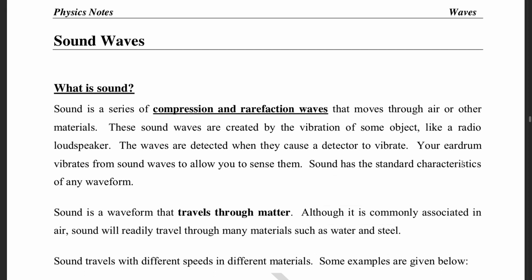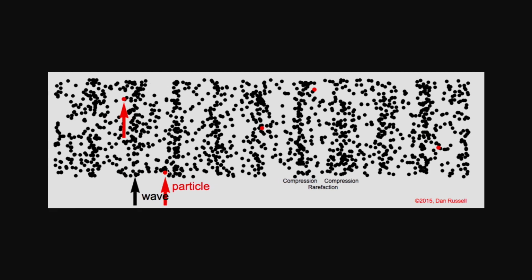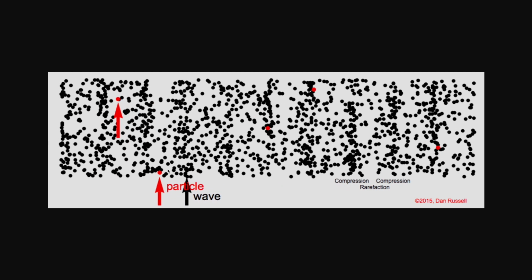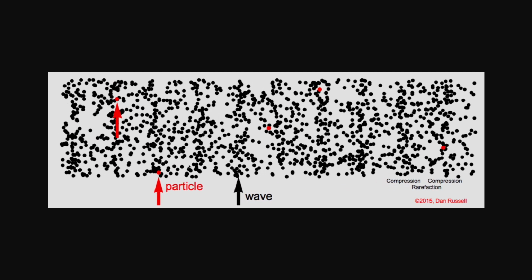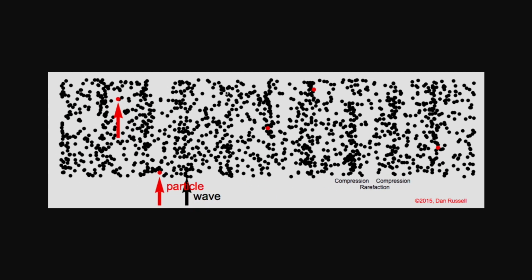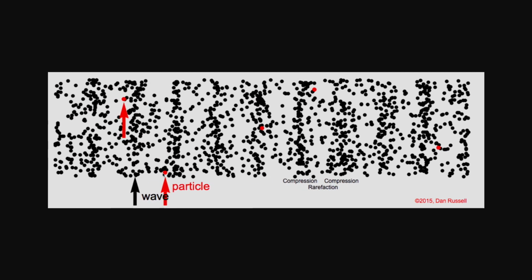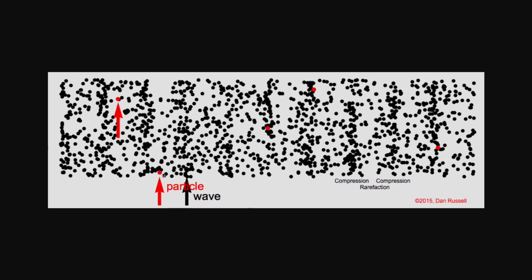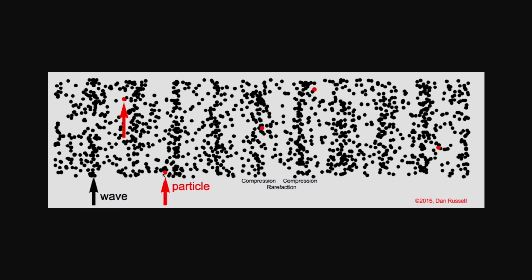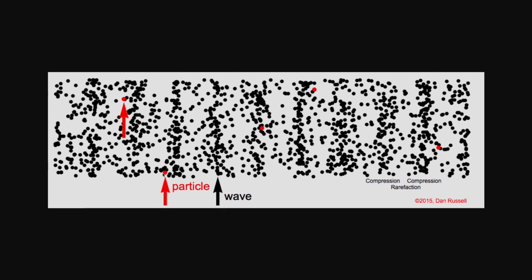Sound has the standard characteristics of any waveform, by which we mean wavelength, frequency, and amplitude. We had described wavelength as the distance between two successive similar points. So in this case, we could measure the wavelength by measuring the distance between one compression and the next. That would be the wavelength. The frequency will be how many full wave cycles, which means from the left to the right and back to the left, for example, how many full cycles happen in 1 second,